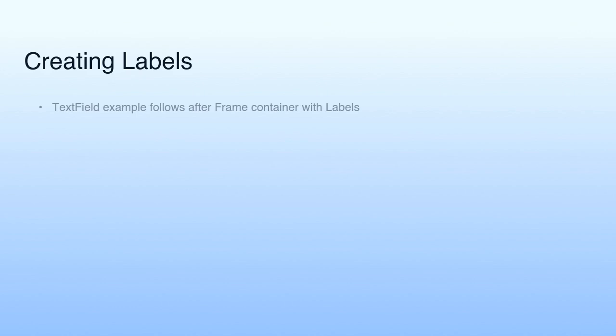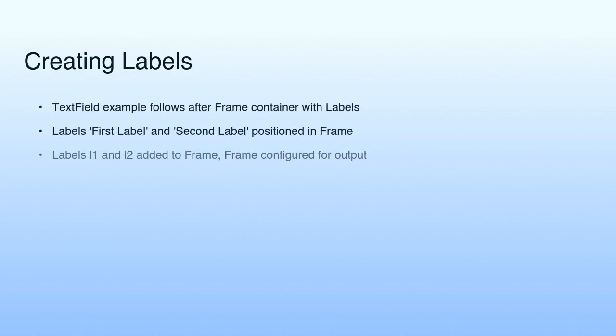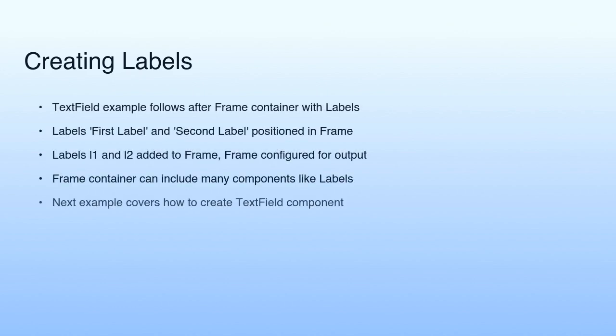After the frame container with labels, the demo presents a text field example. It shows 2 labels, first label and second label, positioned in a frame. The labels L1, L2 are added to the frame, which is configured for output. A frame container can include many components like labels, and the next example covers how to create a text field